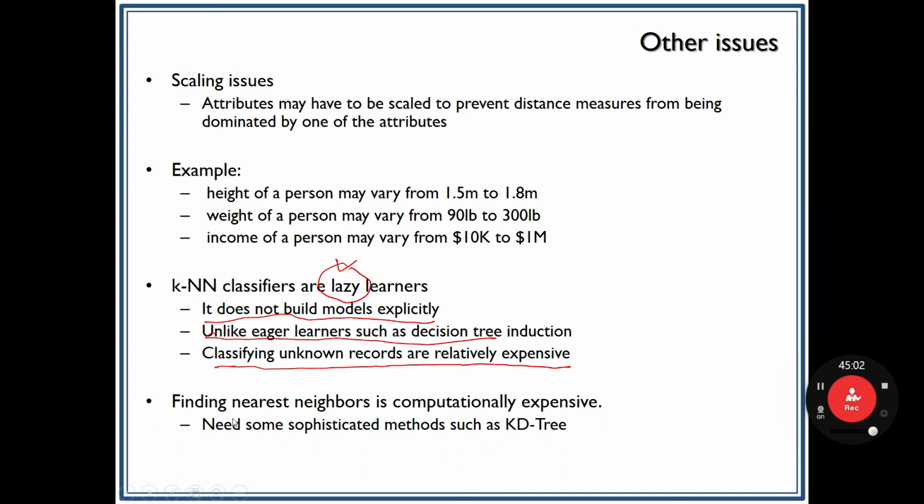And yes, it is shown here. As I just explained, finding nearest neighbors is computationally expensive. It requires lots of computation. So we sometimes need to employ some sophisticated method such as KD tree. Actually, this KD tree,